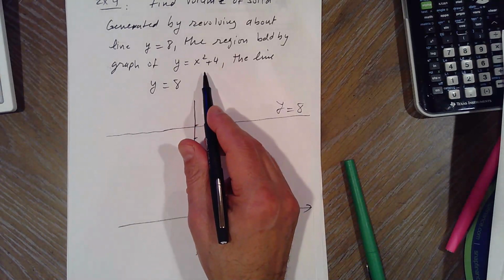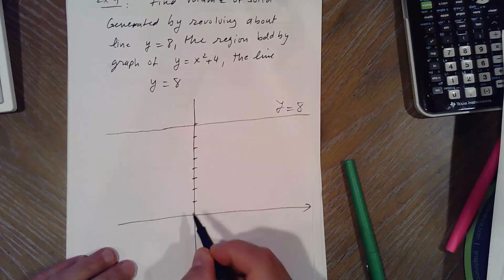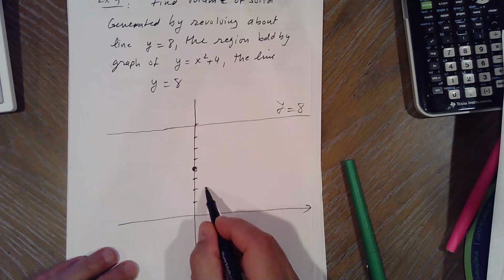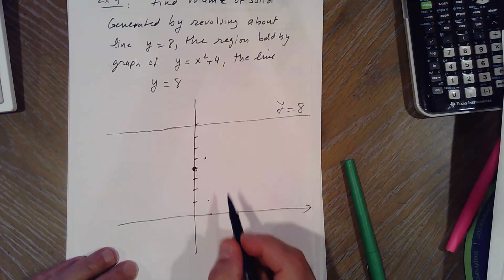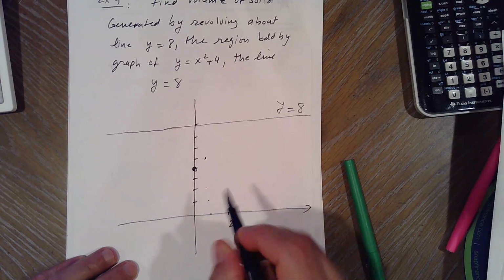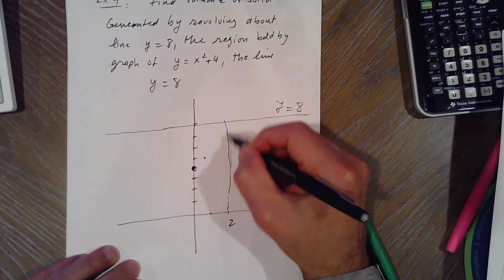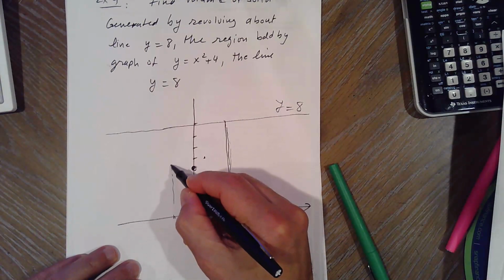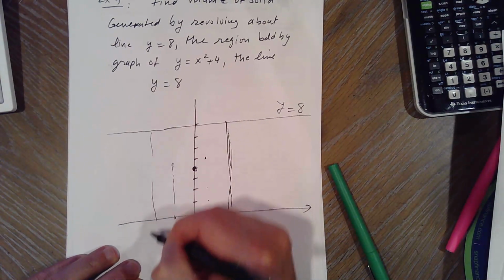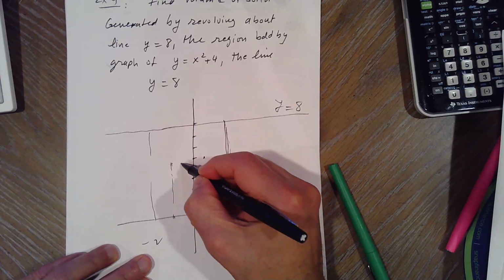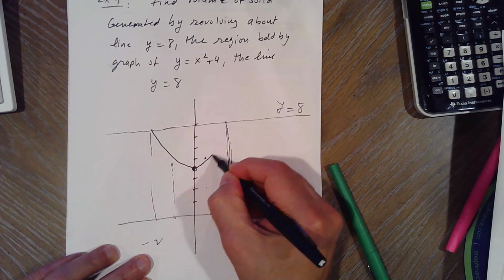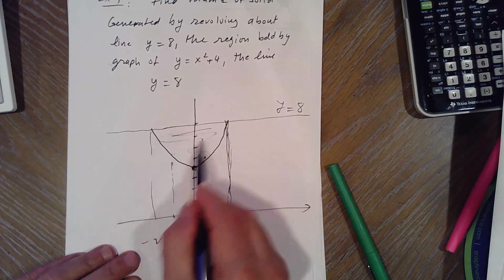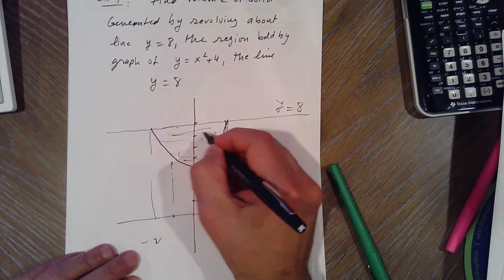The region bounded by y equals x squared plus 4, so at 0 it's 4, at 1 it's 5, at 2 it's 8, and at negative 1 it's 5, at negative 2 it's also 8. So you get this region, okay? And we want to take this region and revolve it, so we're going to take a cross section